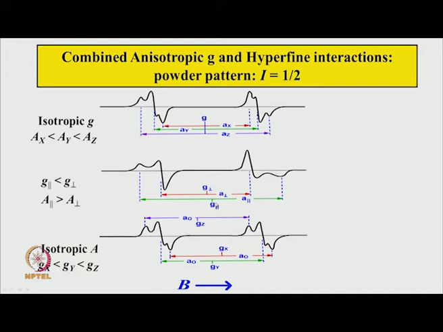So, these are different, therefore the values are also different. But here in another place, isotropic A, where A0 is the same for all of them, the gap between the corresponding lines is the same, but G is not isotropic. So, these are 3 different values of G. So, that way one can get various types of combinations and identify the anisotropic contributions and the parameters of G and A from this powder pattern as well.